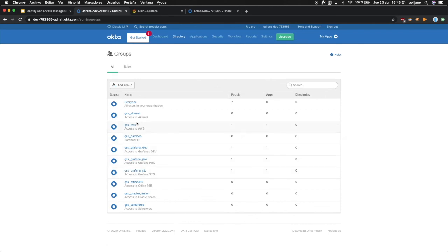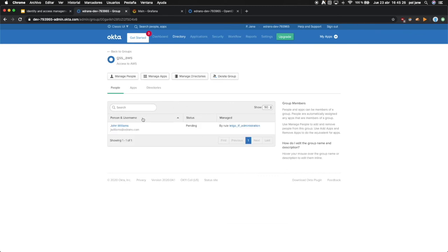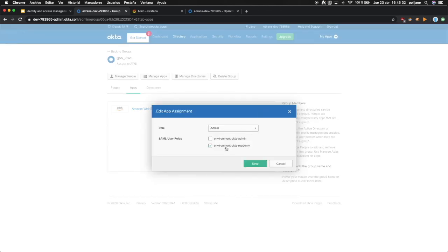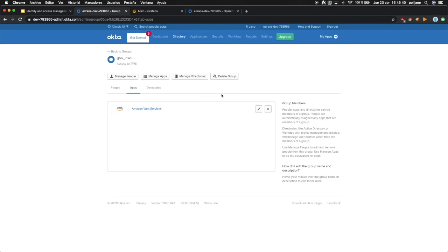In every one of these groups, you can change the parameters by just clicking on the application assigned to that group and modifying the roles and permissions for that user. But keep in mind that the Terraform state will be inconsistent, so always make the change in Terraform. And also all the applications we previously configured, as you can see.